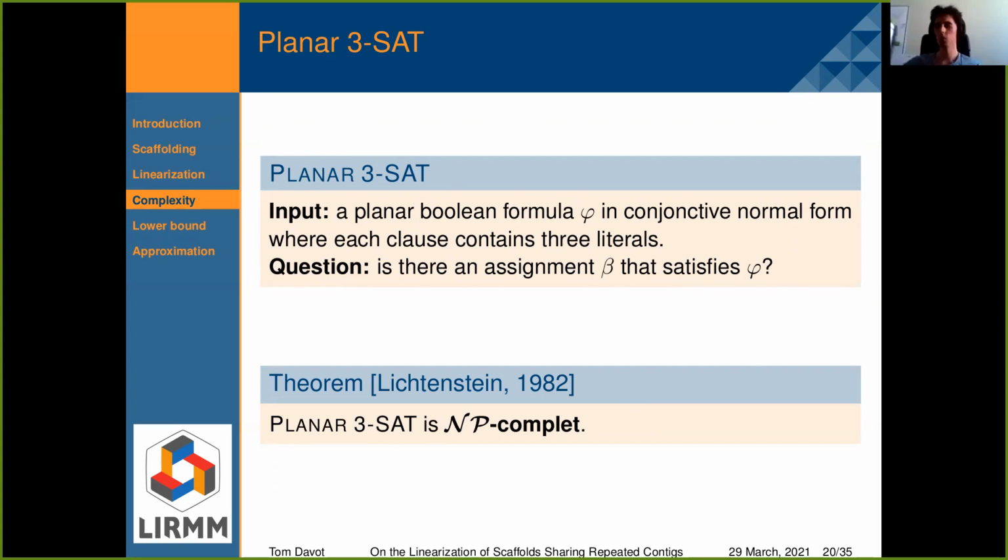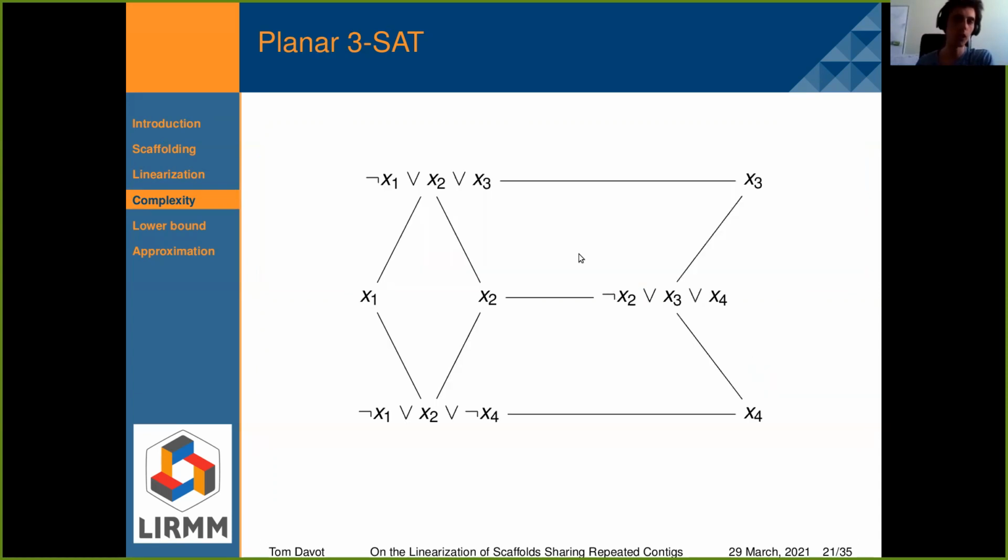We know that this problem is NP-complete. To do a reduction, we take a planar embedding of the Boolean formula, and we replace every variable by a variable gadget, and every clause by a clause gadget.